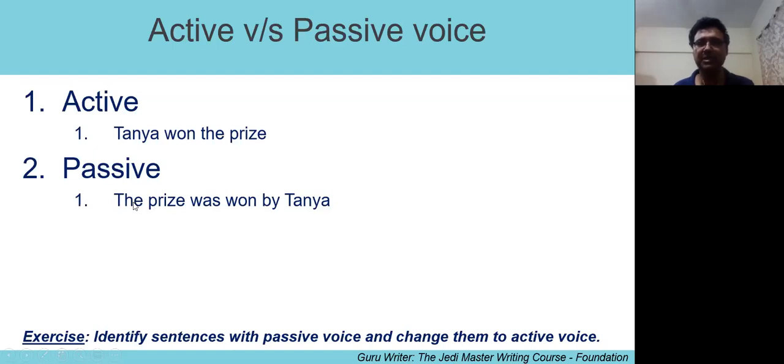In some cases, you may need to use passive sentences, especially when you don't know who the subject is, right? You're delivering a speech, and right now you're not sure. Let's say you're talking about a story where a crime was committed and you want to hide who committed that crime. Then you use passive voice, because then you can say the crime was committed by a stranger. You use passive voice just so that the focus is on the crime and not on who committed it.